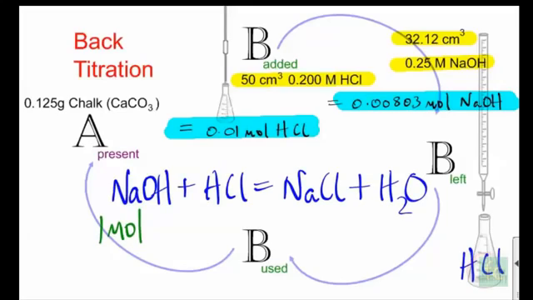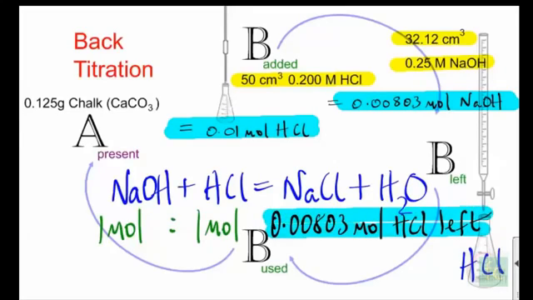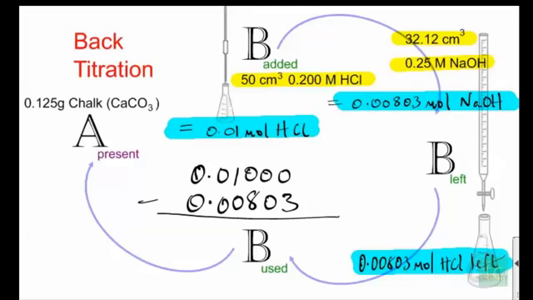Then we need to take a look at the equation between sodium hydroxide and HCl, and we see here that they react in the ratio 1 mole to 1 mole. Therefore, the number of moles of HCl remaining in the flask is the same as the number of moles of sodium hydroxide dispensed from the burette, 0.00803 moles. So we subtract the number of moles of HCl left from the number of moles of HCl added. There you have it. The difference is the number of moles of HCl used to react with calcium carbonate,